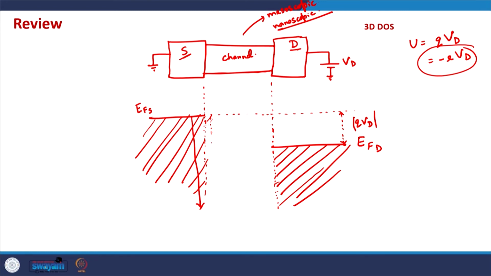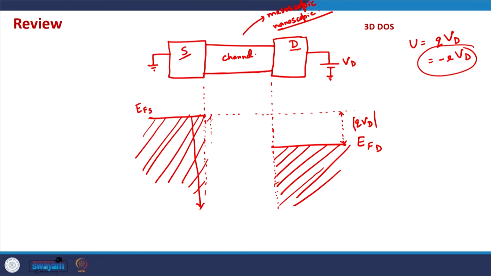So, just to maintain the equilibrium, that is the scenario, that is basically the job of the Fermi level as well. And here we are considering that the source terminal and also the drain terminal are extremely large as compared to the channel region, and even if we take out some electrons from the source or from the drain, it does not change the Fermi level,